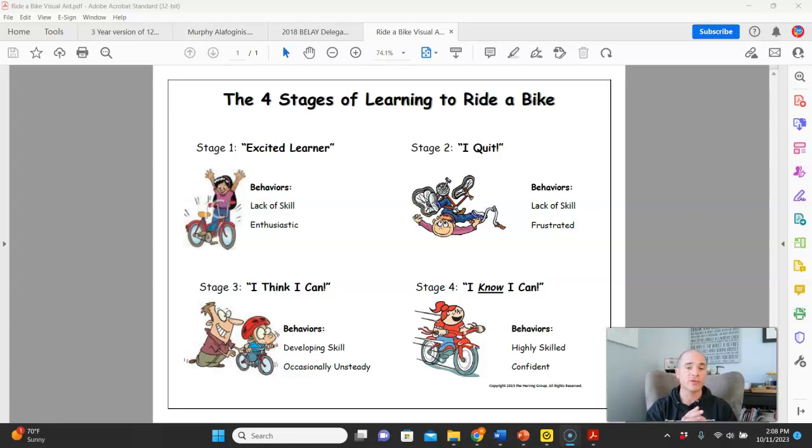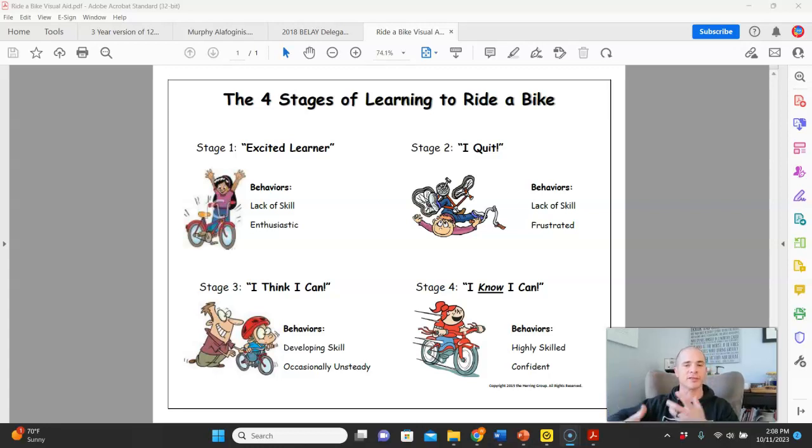So as a leader in stage 2, you're going to need to both encourage them and tell those stories about how you struggled similarly and you pushed through it and other people did and it's normal. Whatever you've got to do to encourage them to get back on the bike, but you still have to teach them the skills. Or in the workplace, if they're building kitchens, and there's part of your process that is frustrating them because they did something else somewhere else, you have to encourage them and you have to show them what to do. And you have to take them back to, this is how we do it. Tell me, show me, let me try, give me feedback, let me try again, right?